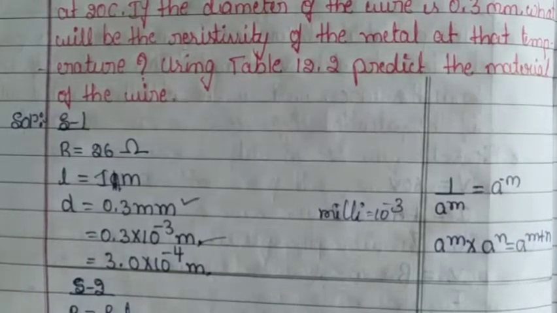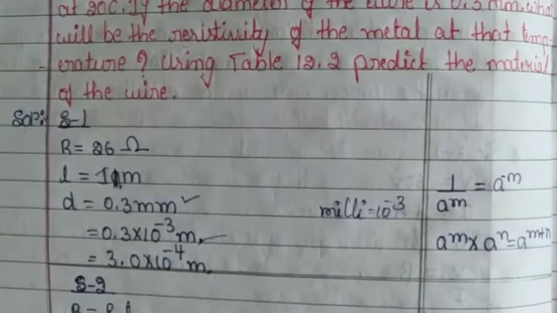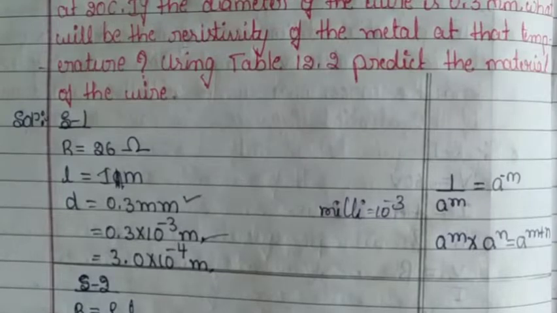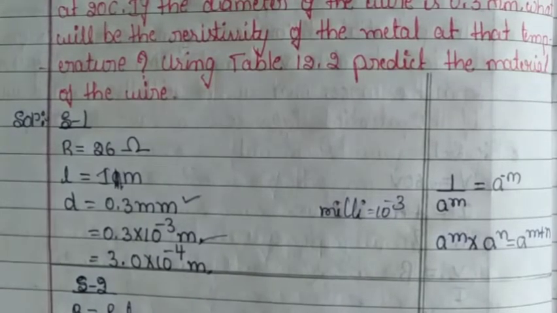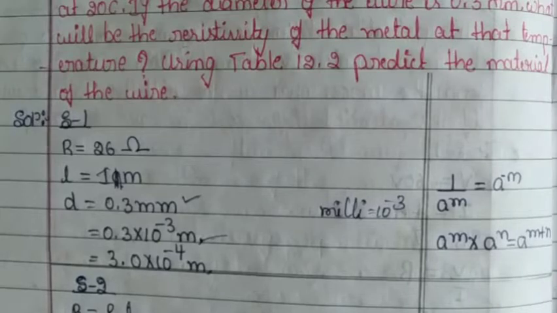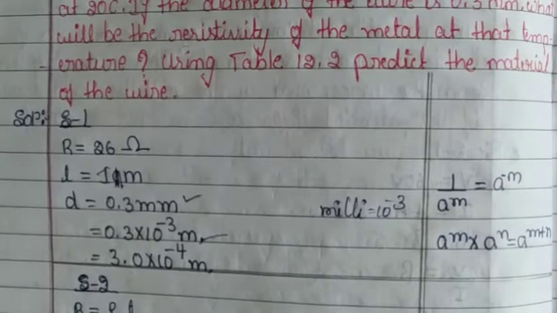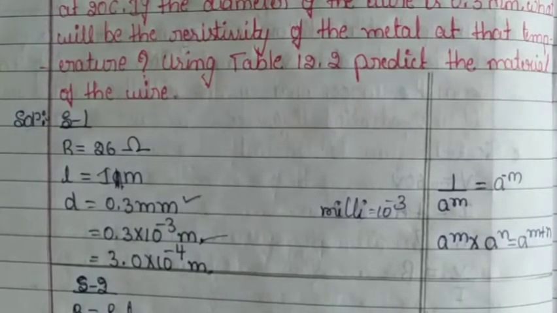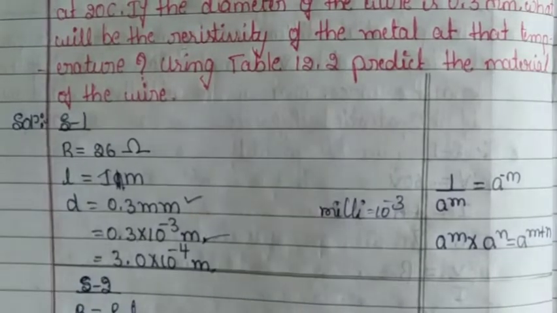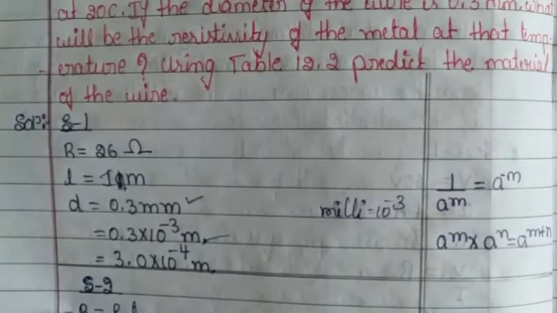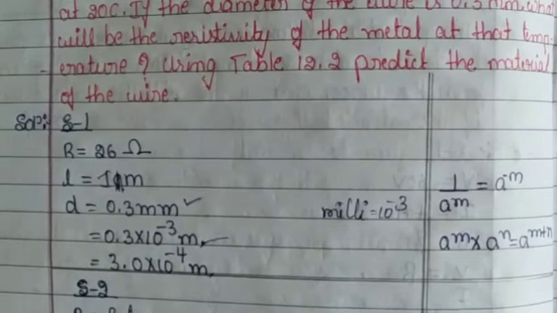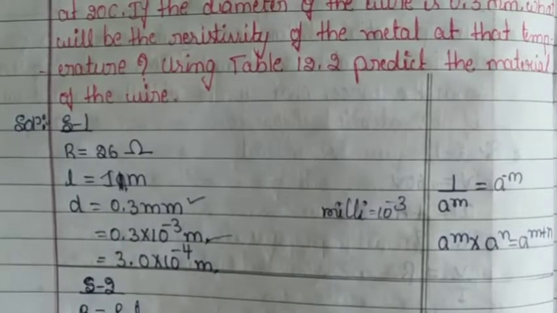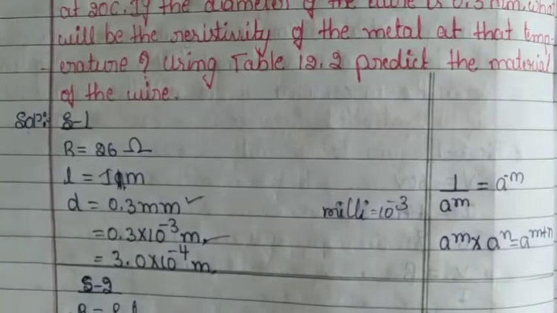Next, in step 2, we know the formula we already learned in the last class. Resistance is equal to rho L by A. Children, here do cross multiplication, and we have to find the resistivity of the metal or material. So now convert this equation like this. A comes and multiplies with R, that becomes RA divided by L. L comes to the denominator. Rho is equal to RA by L.